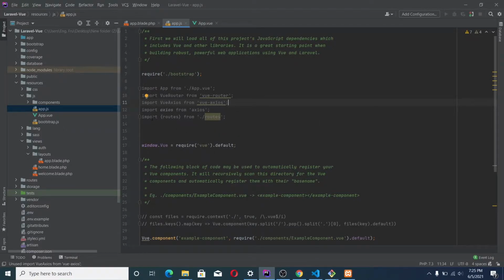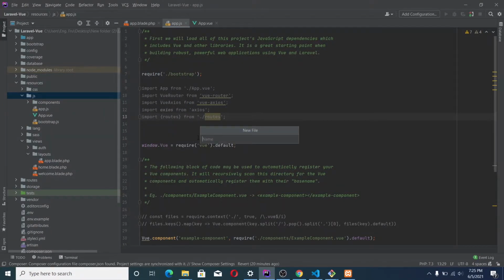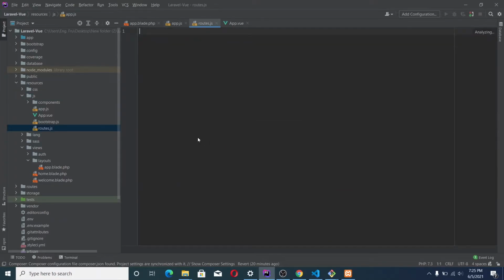Okay, we're also going to be importing routes from this ./routes. Okay, so this file is not present yet. This is where we are going to be storing our routes. So let's come back here and create another JavaScript file here. I'm going to call it routes.js. Okay,